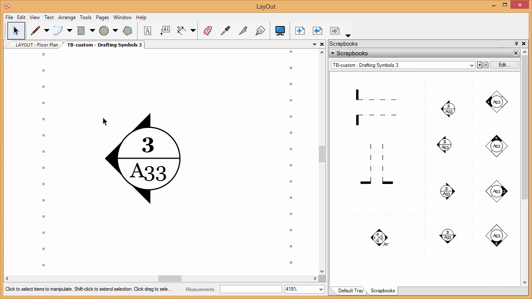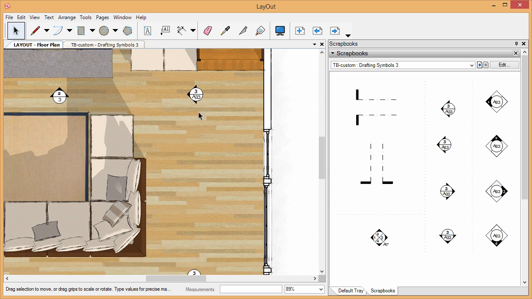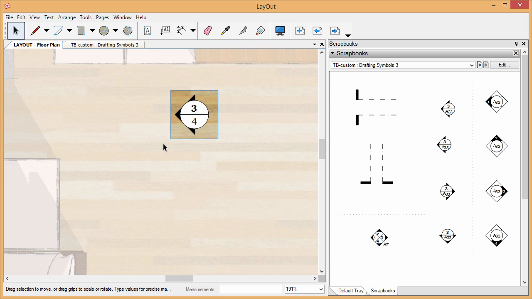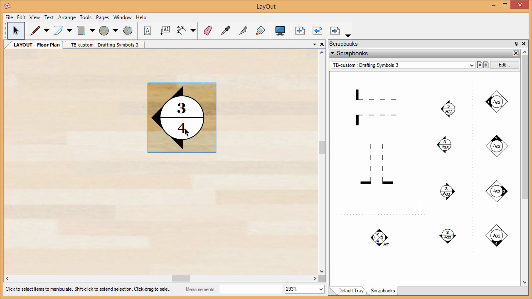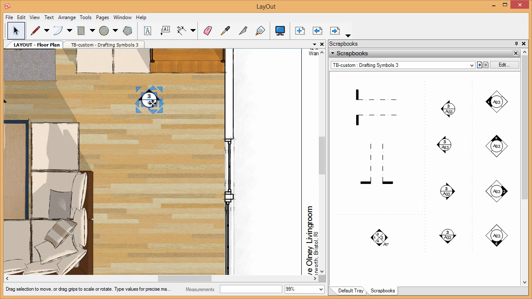Now the last thing you want to make sure is that everything is grouped together. So you just select the entire thing, right click and group, and when I go to file, save, I can go back to my floor plan and grab this scrapbook item, drop it in place. I can edit the page number, and I now have an element that I can rotate to whatever the relevant direction it's referring to,